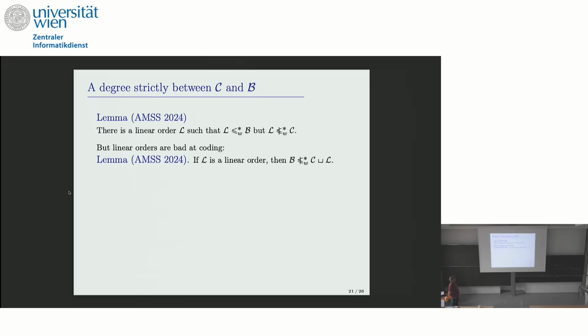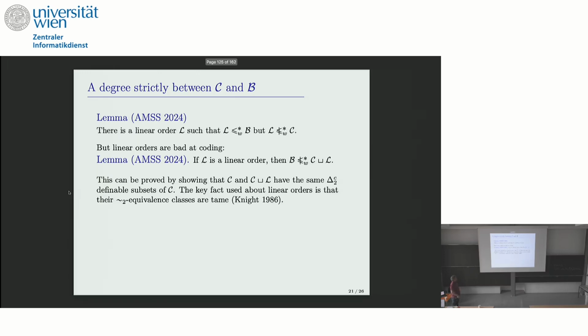Okay. And now what are we going to do? We have this linear order that is generic Muchnik below Baire space, but not Cantor space. We join it up with Cantor space, and we get something that's strictly in between. Why? Because having that linear order does not give you Baire space back. It takes a couple of jumps to even figure out what's going on with the linear order. In the first couple of jumps, linear orders look stupid. Linear orders don't really compute anything, and the first jump doesn't compute anything.